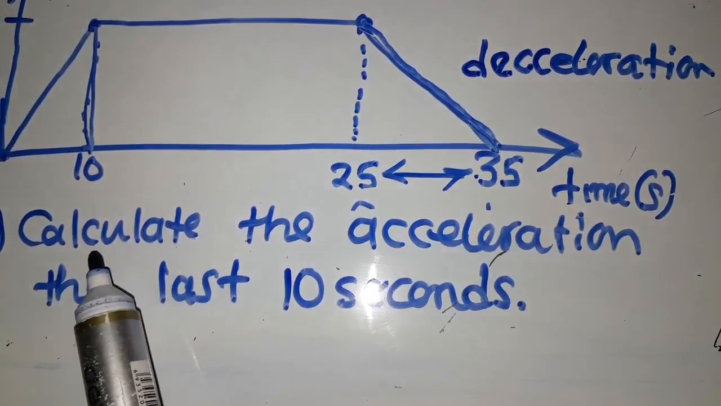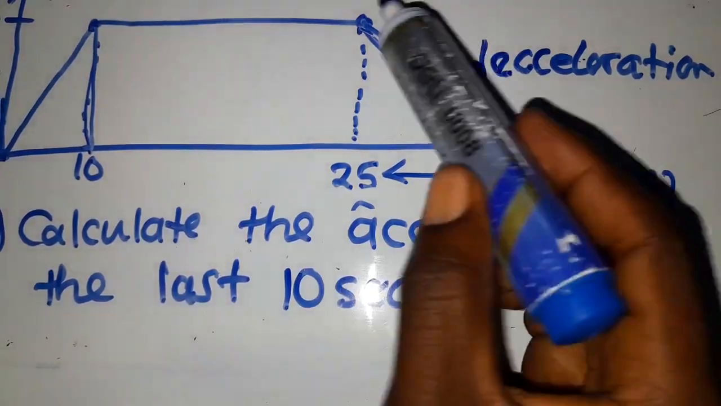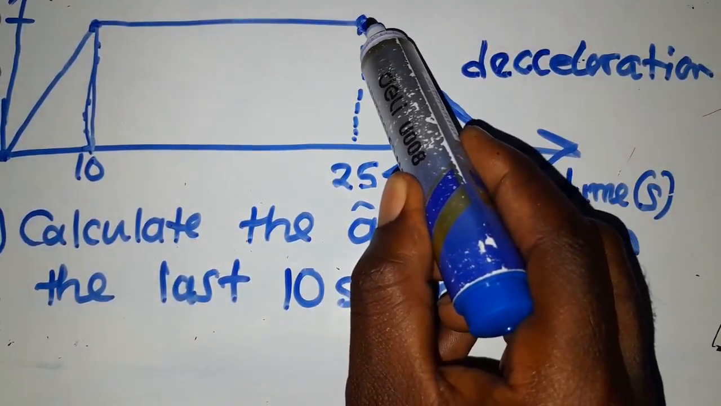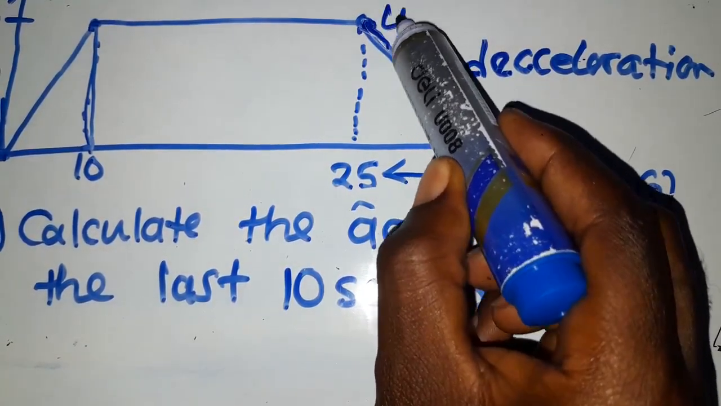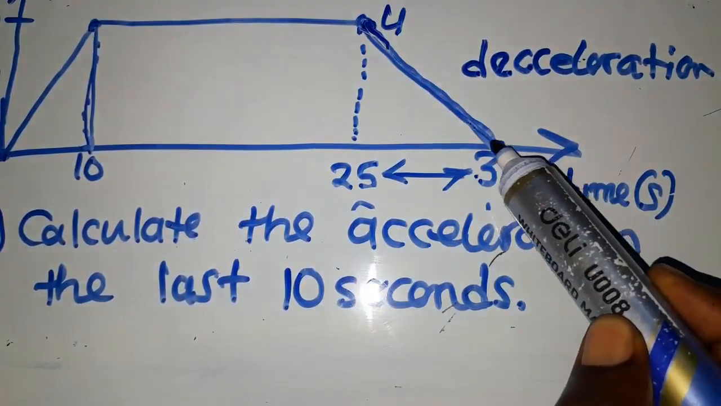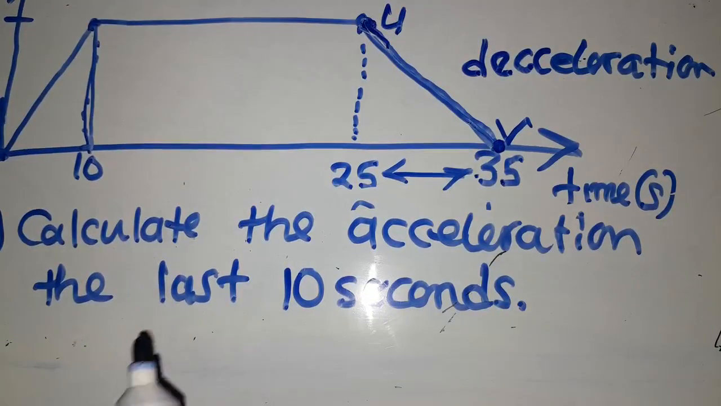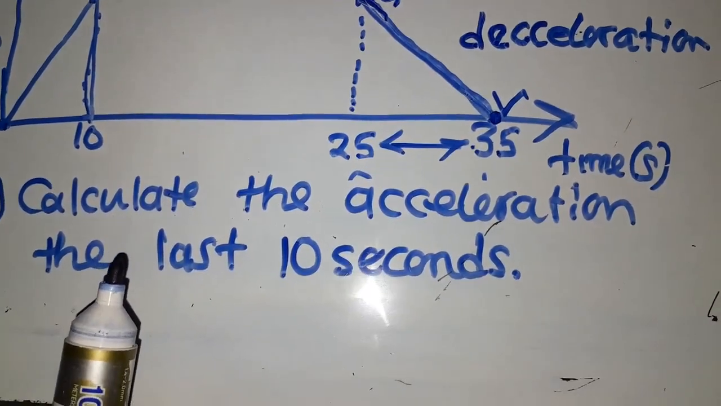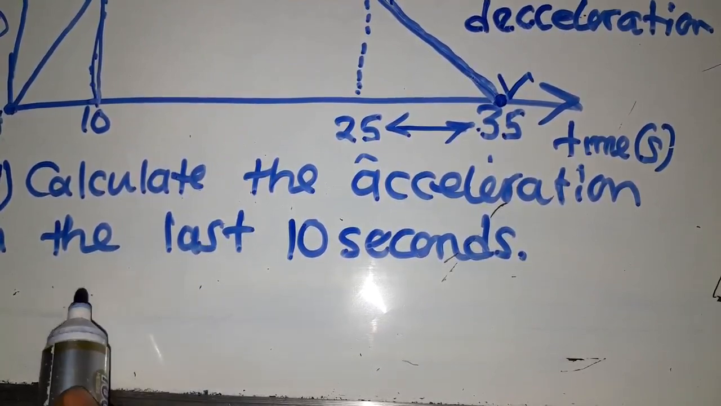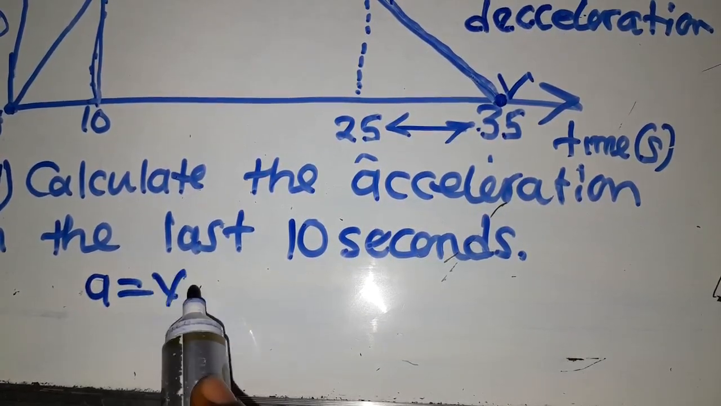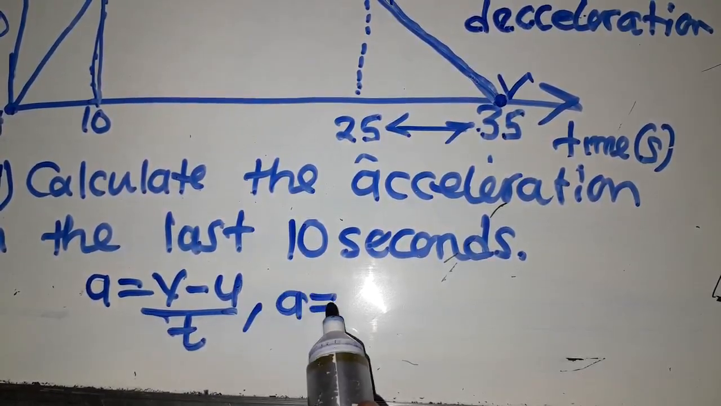So the answer here, which we are told to calculate, the acceleration in the last 10 seconds. So it started from here. That's where it started from. So this is your initial velocity, U. It went until it reaches there, which is your final velocity, V. So you use the same formula, but it is the answer that is going to tell you that this is the negative acceleration. So you say acceleration is equal to final velocity minus initial over time, which is equal to,